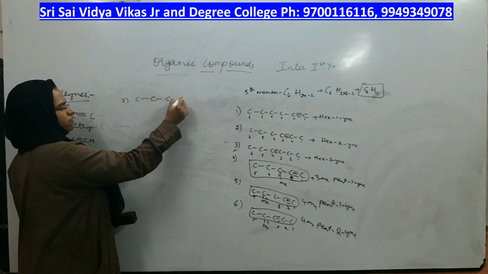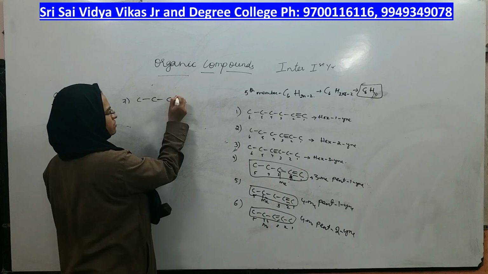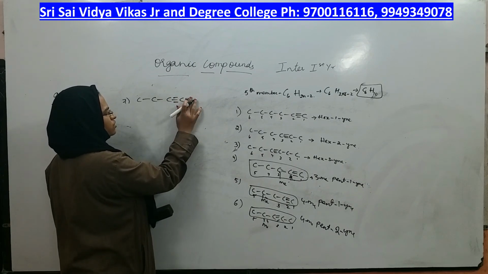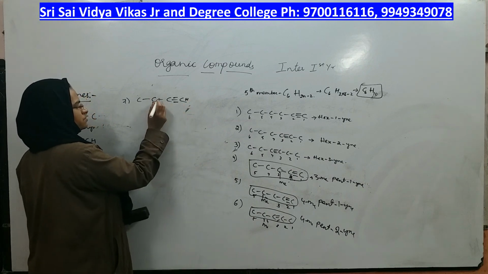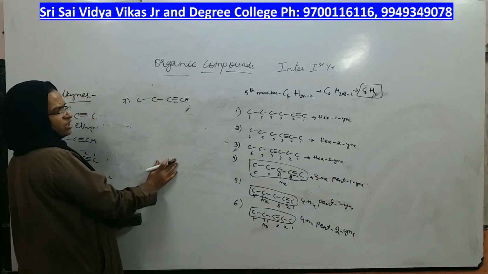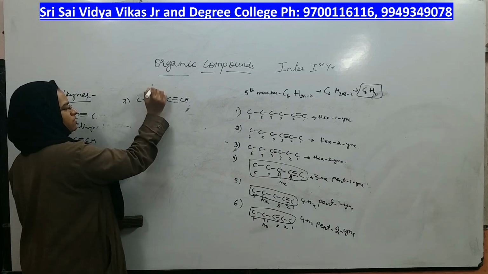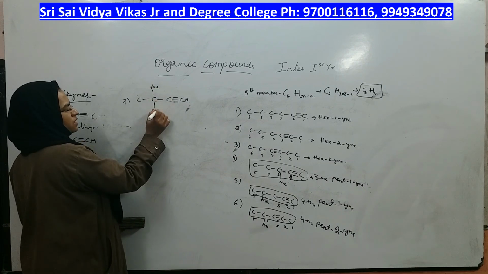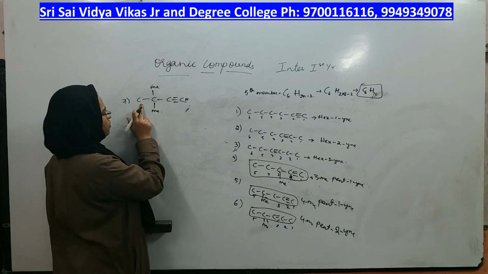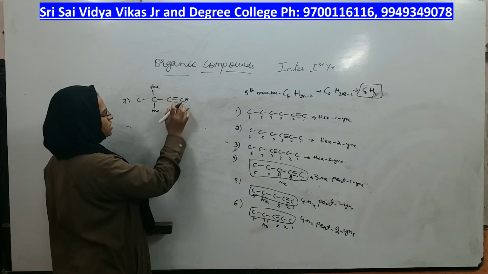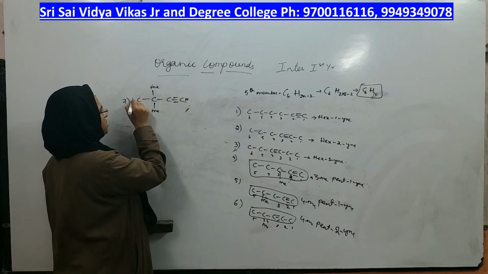1, 2, 3, 4. With 4 carbons, let us keep the triple bond at first carbon only, satisfy the hydrogens, and 4 carbons are already over. How many are left? I am left with 2 carbons. What I will do? I will keep methyl here, methyl there. Is it overcoming the tetravalency? 1, 2, 3, 4 correct. 1, 2, 3, 4 correct. 3 plus 1 correct, and this is a methyl group.